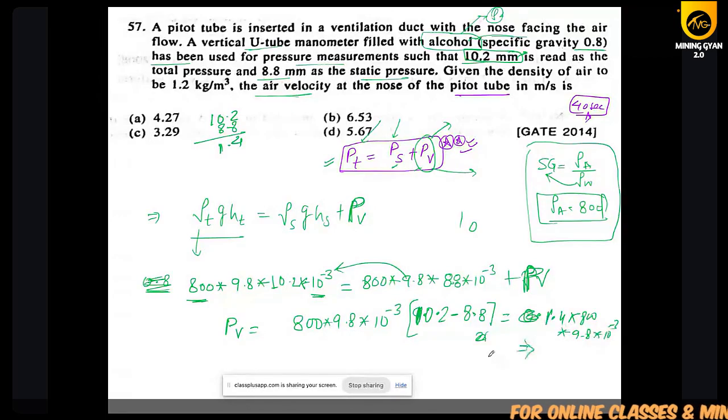So when you multiply, you can calculate PV will be